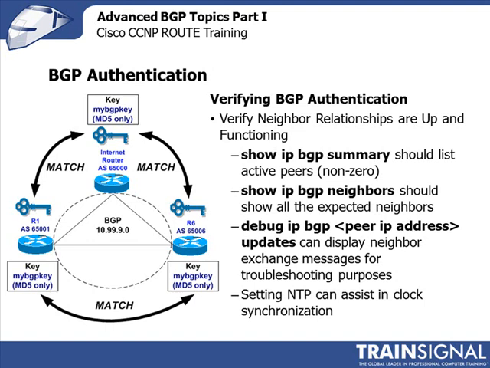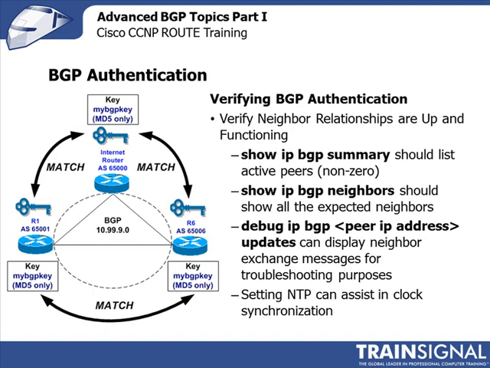To get more detail, you can do show IP BGP neighbors, which, as you recall from our previous exercises, lists a multitude of different information elements for you to be able to understand what's going on with that neighbor relationship. And all the expected neighbors should actually appear. You can also do debug IP BGP and then the IP address and then updates to display the different neighbor exchanges that are going on if you want to do that for